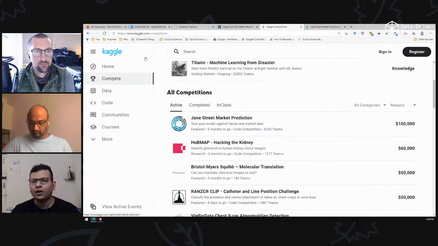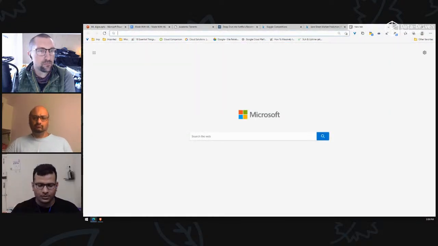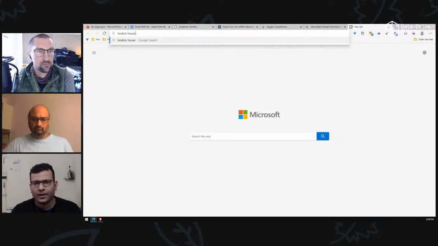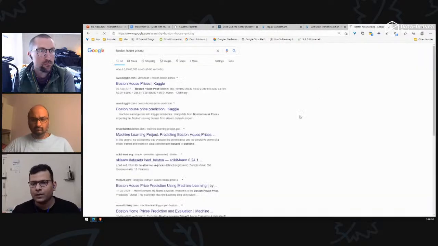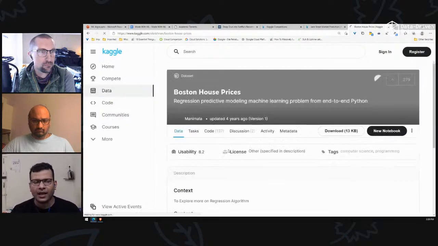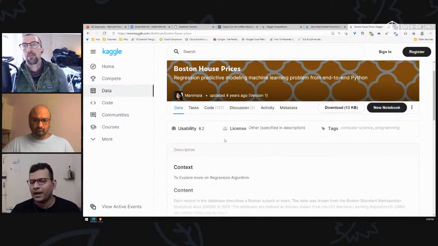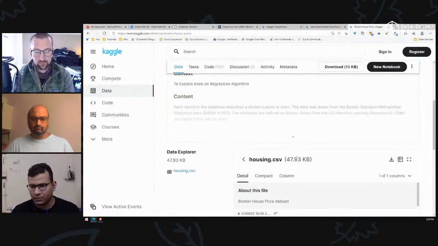Okay. Now, going back to the slides, let's take the problem of predicting price of the house. For housing price predictions, we actually have two problems. Boston house pricing. This is a really simple data set, and anybody can get a good enough accuracy to predict prices on the Boston housing data.